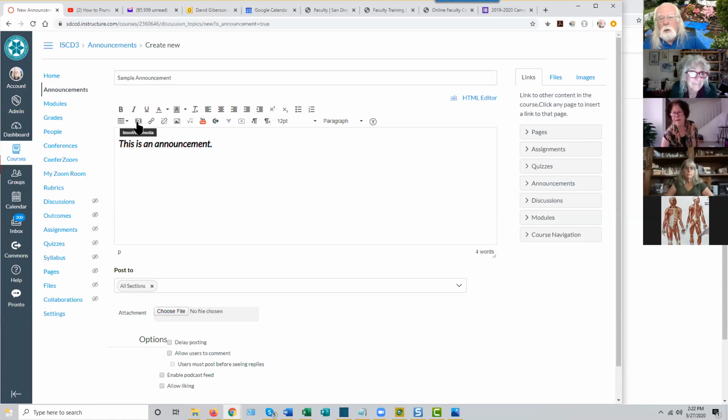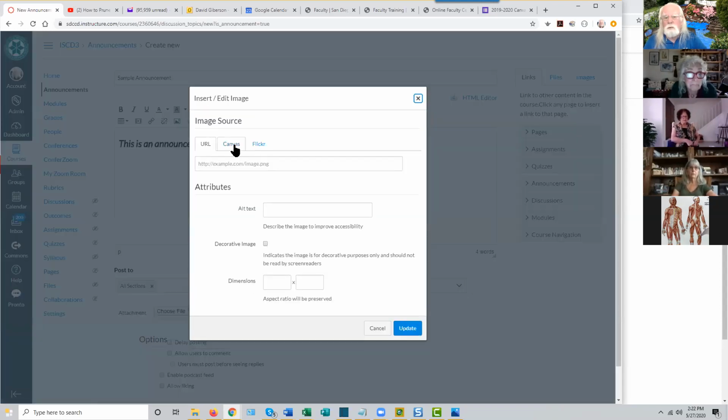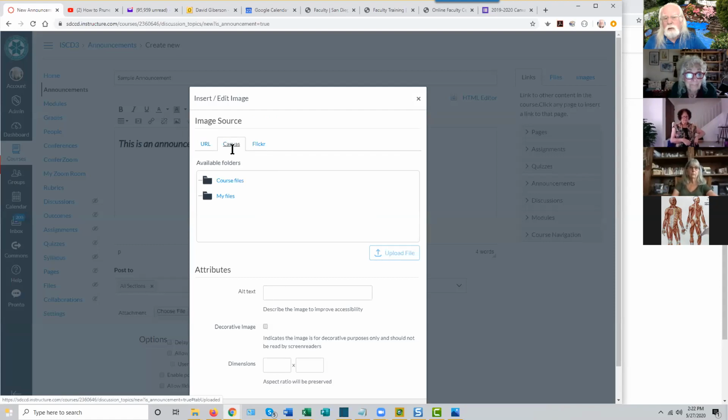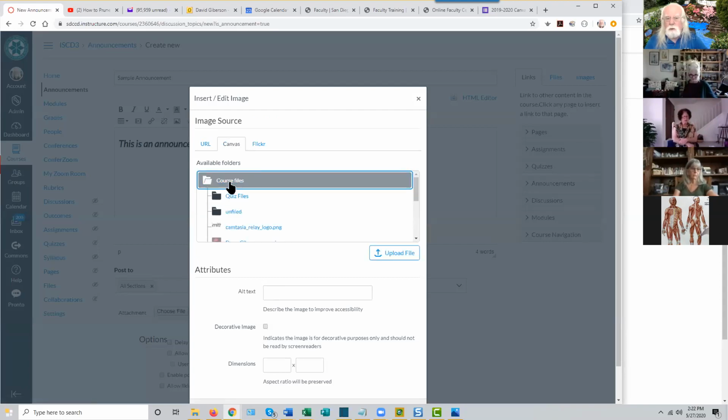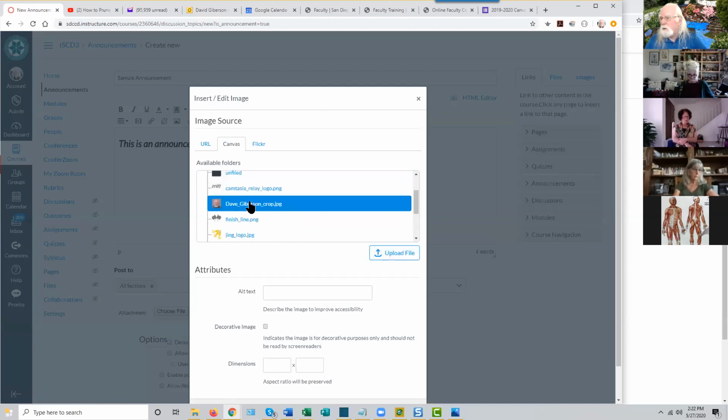You can embed video. You can put a hyperlink in to any resource out on the web. So you could send them to a website or send them to a video out on the web. You can embed images. You want to put a picture of yourself in there. If you have that either on Canvas or on your local computer, you can select Canvas, you can put this image in course files, and you can upload. Well, I already have an image of myself in this course, so I can just select that